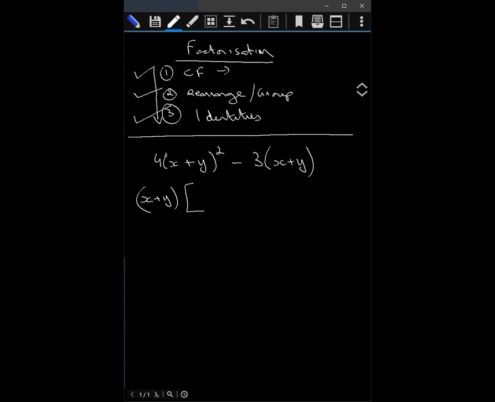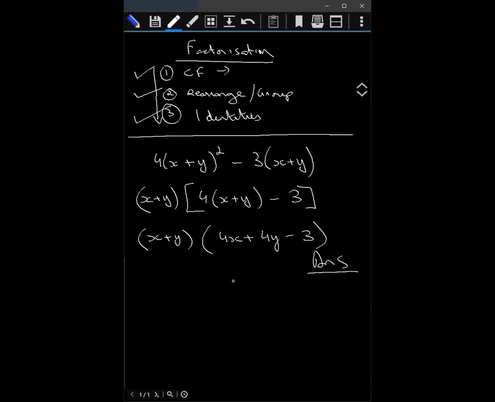Now we will open a bracket. Now divide the first term with x plus y. What will we get now? 4xy multiplied by x plus y, the second term minus 3, right? Expand this. What will we get? x plus y into 4x plus 4y minus 3. Why was this so difficult?